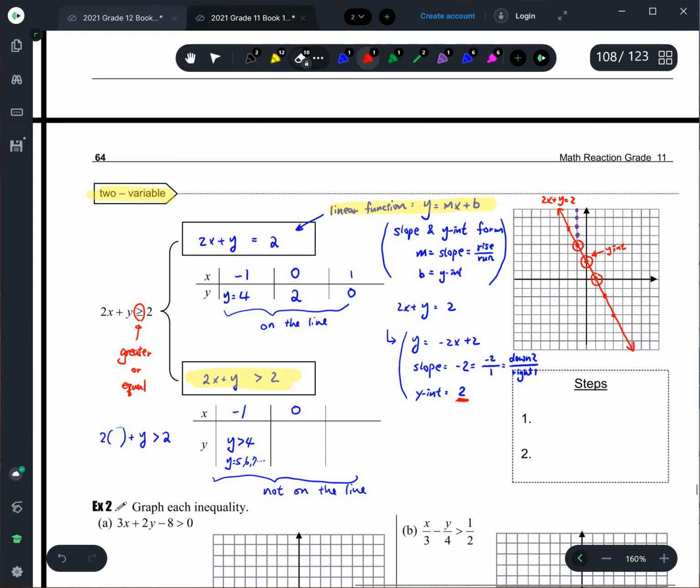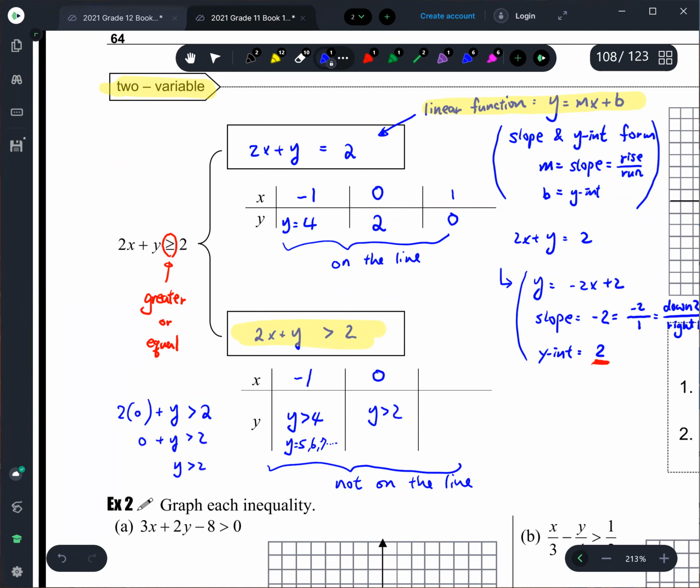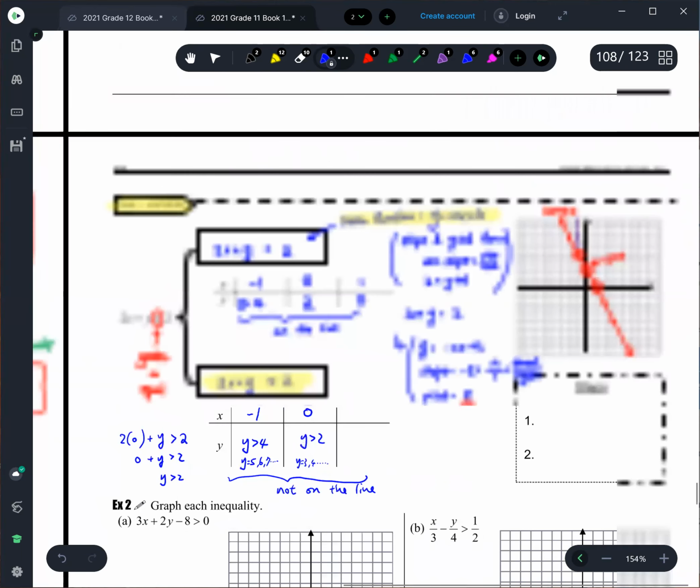Okay, so back to here, right? This time I put x equal to 0. Okay, and then we plug it in. So you get 0 plus y greater than 2. So y greater than 2, okay? Y greater than 2. So it's everything bigger than 2. So y could be 3, right? 4, and so on. So if we look at the picture again,